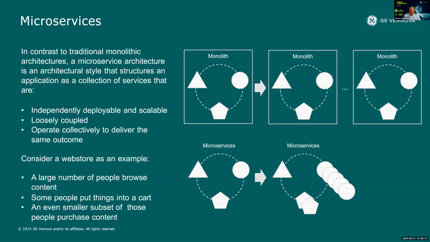Contrast this with the microservice approach, where each function is broken out into separate microservices that can be scaled out horizontally, including dynamically based on demand, and updated independently, optimizing capacity and simplifying the changes. As another example of the types of benefits attributed to microservices, consider a web store. Different aspects of the store are used more frequently than others and by larger numbers of concurrent users. For example, a large population of users browse content.